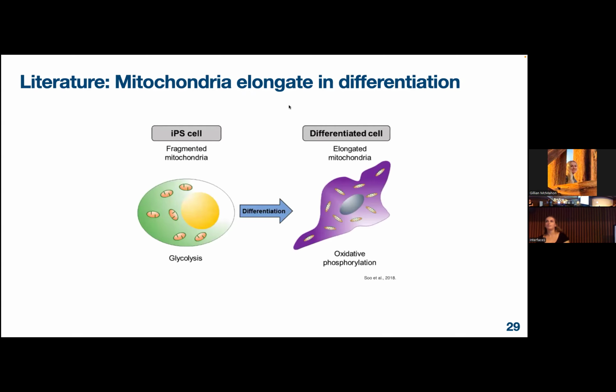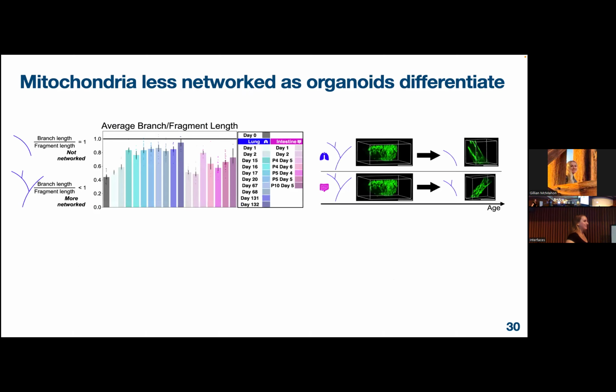So since we're studying development, we wanted to look at what people believe is happening with the mitochondria as cells differentiate. And the literature says that stem cells have fragmented mitochondria and differentiated cells have elongated mitochondria. So we were a little surprised when we saw the opposite. Our data shows a sign flip in this